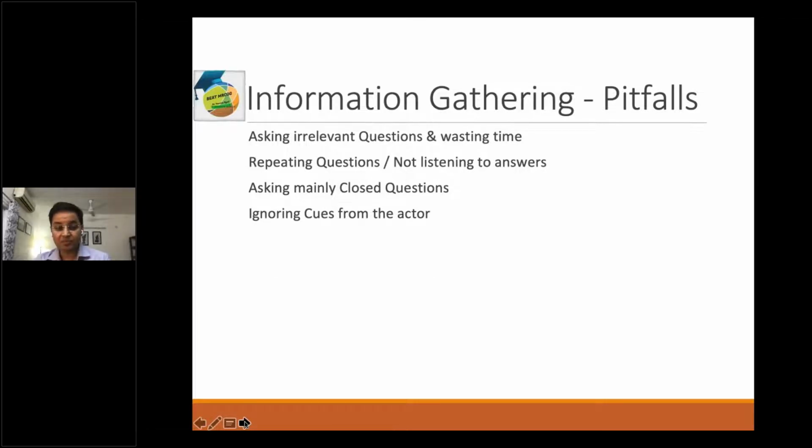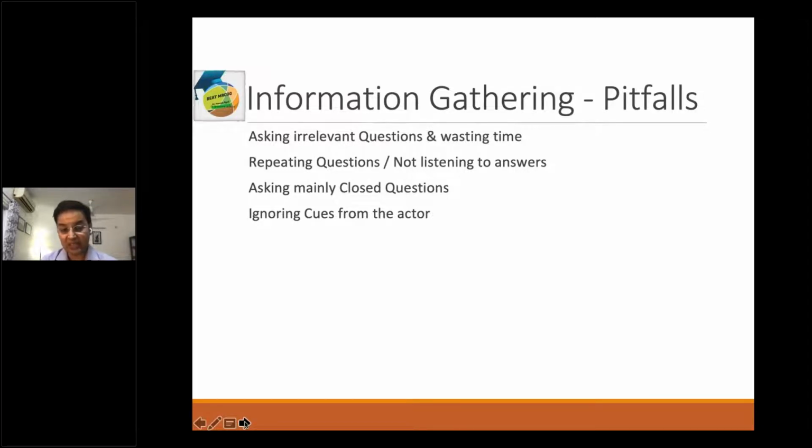So as I said, history is the first skill that we are taught in medical school, and we have been taking history for such a long time, yet candidates fail in information gathering. Why? What are the pitfalls? Asking irrelevant questions for that particular scenario and wasting time. So you should evolve. You should look at the scenario,